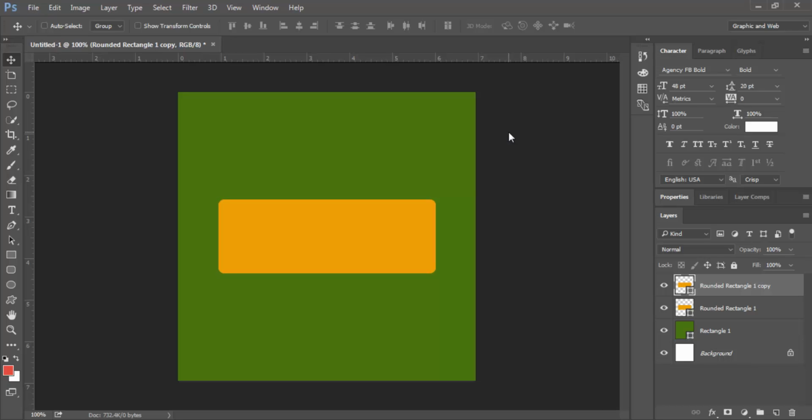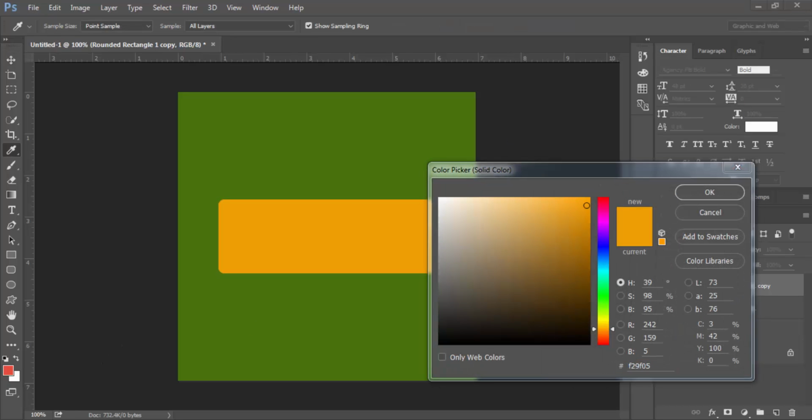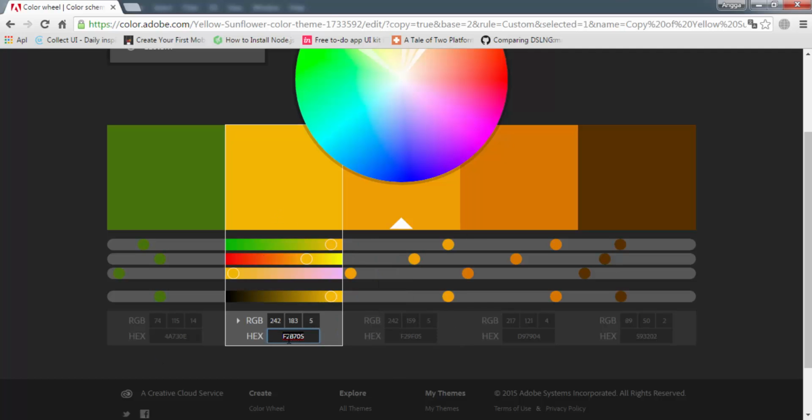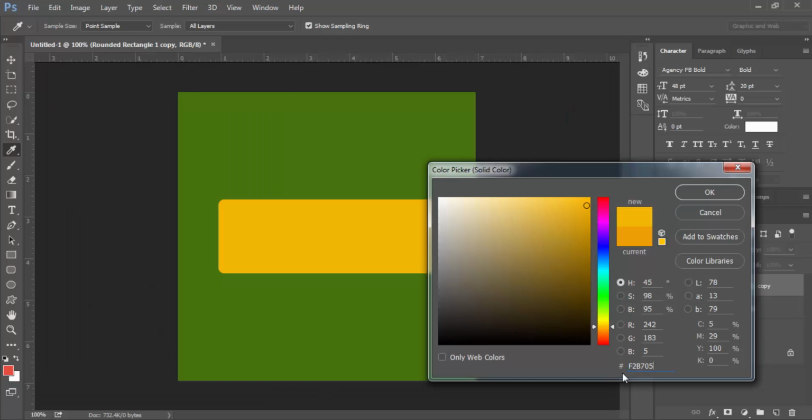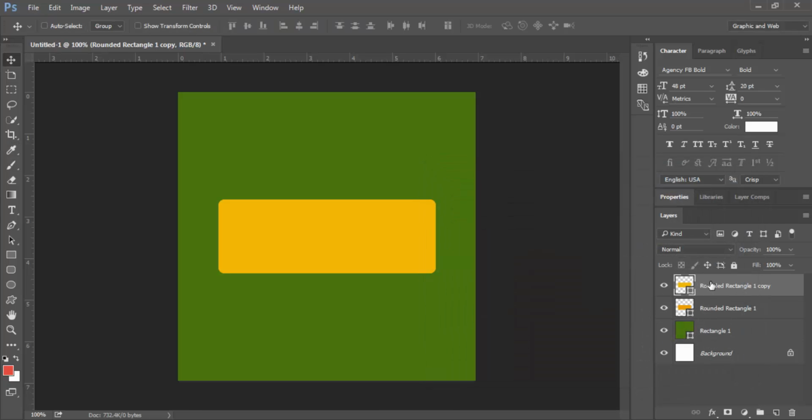Change the color first to a different color, and drag the layer above. Using the arrow down on your keyboard, don't use the shift key, just arrow down 5 times: 1, 2, 3, 4, 5.